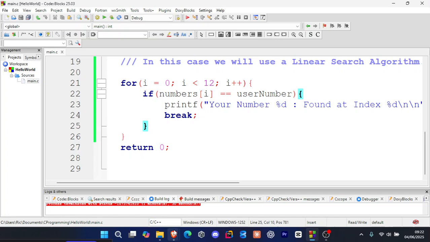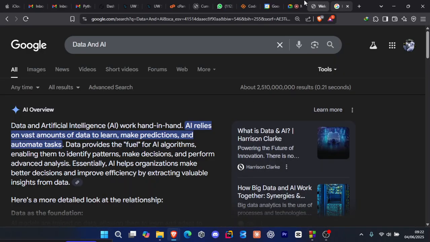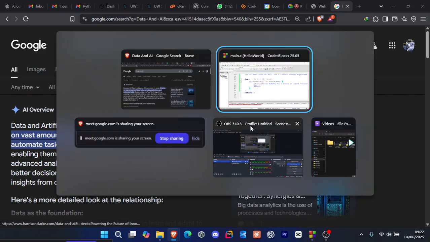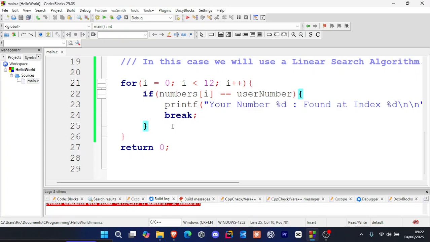Anyone who has an idea, you can hack around and see how you can tell the user that their number was not found. If anyone has an idea, they can shoot it up, or they can unmute and give us an idea